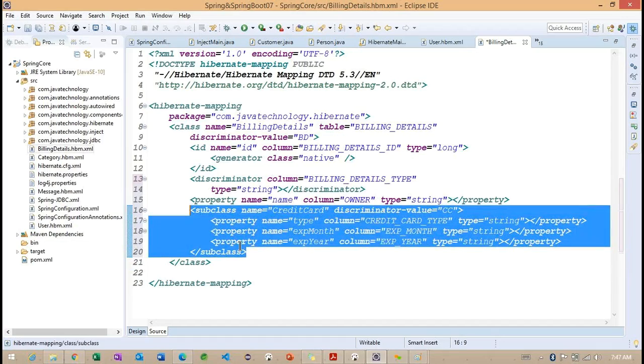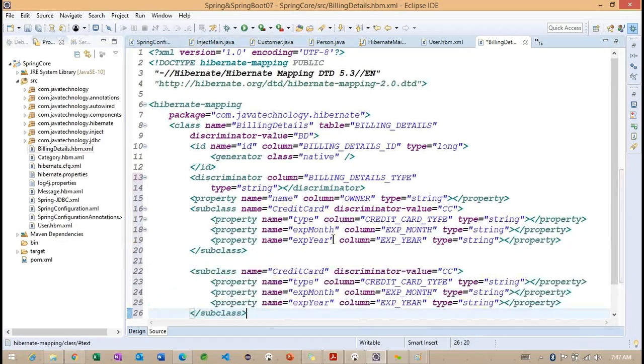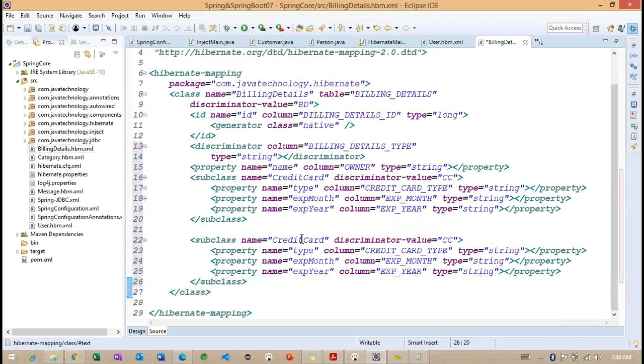So this is one of the subclasses I want to create. And another one I want to create here, bank details. Getting the point. So here I want to specify BD.